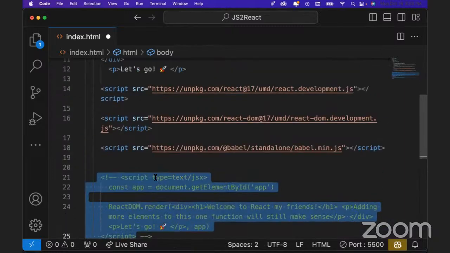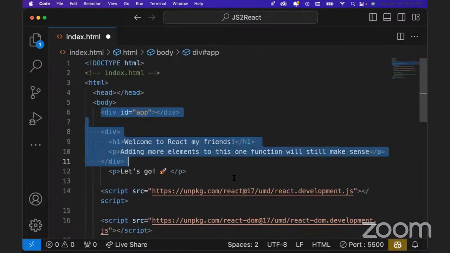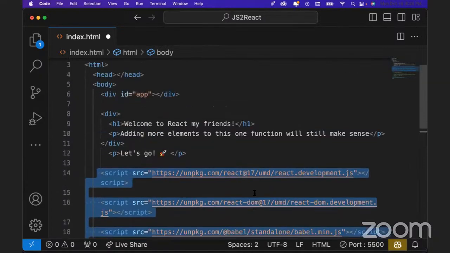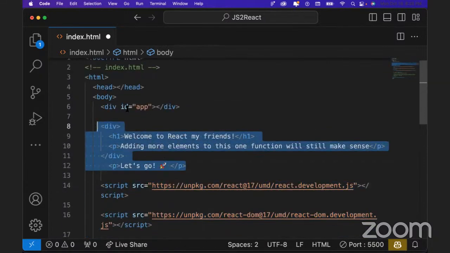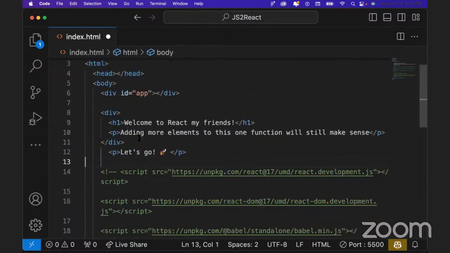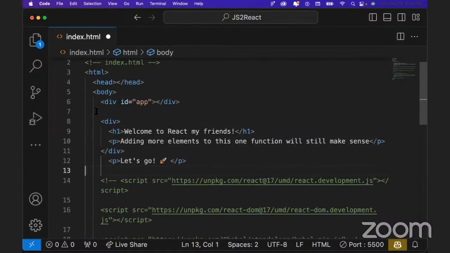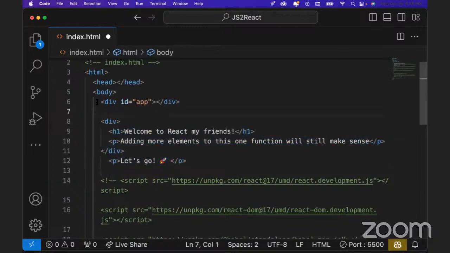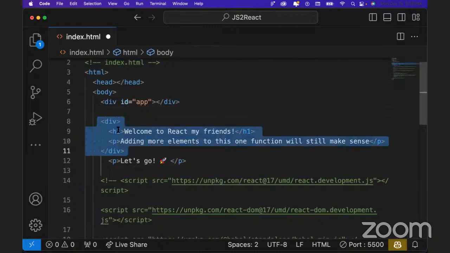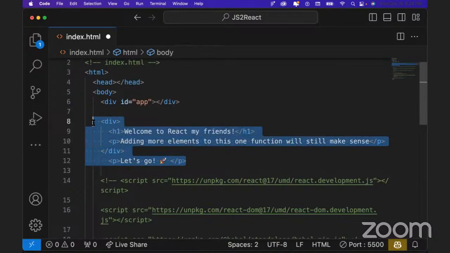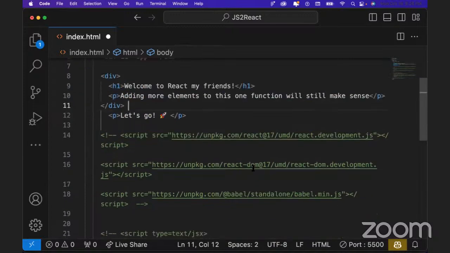Let me comment out this React script right now, and let's pretend we're just working with HTML. These scripts don't necessarily show anything, so we can keep those there. But let's pretend we're just keeping this valid HTML right here. I'll comment this out so the example is a little more straightforward. So this is now just a regular HTML document. Hopefully y'all see what I'm saying. Give me a quick thumbs up if you see what I mean. We're just putting in HTML. We have a new div with some H1s and paragraphs. And like I said, the JSX syntax looks just like HTML, so it was easy to copy this back here. But yeah, if I save this,